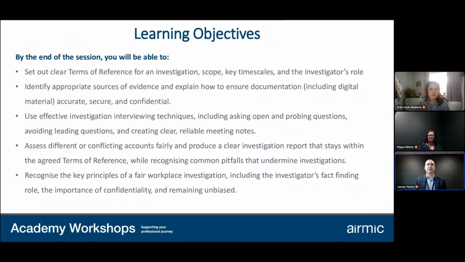In terms of learning objectives, I like to think we've touched on all of these points. I think we could have a day session, and at IBD we do often provide training to employers: questioning, interviewing skills, drafting, etc. So on any of these points we do provide it, but I hope that's been useful as a high level summary of the key elements in workplace investigations, distilling our collective knowledge into 45 minutes.